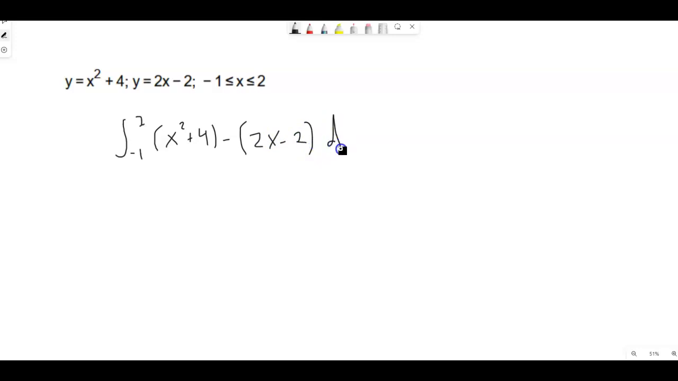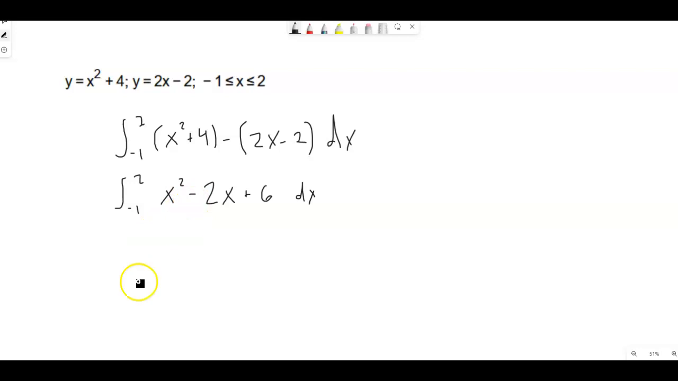And dx. If I distribute this negative and simplify a bit, I am going to get, from -1 to 2, the x squared term, and then a minus 2x. Then a plus 4, and a negative times a negative is a plus, and a plus 2. This is going to be plus 6, and dx. Then we simply apply the antiderivative,